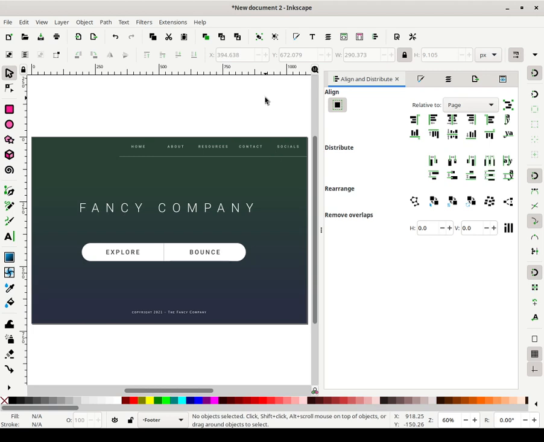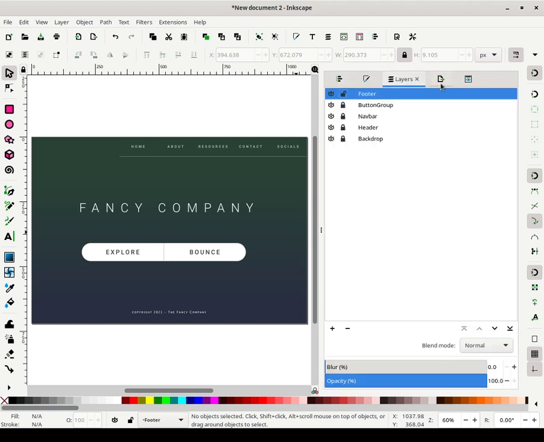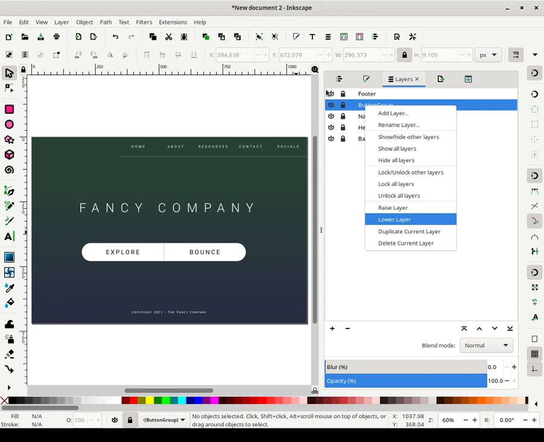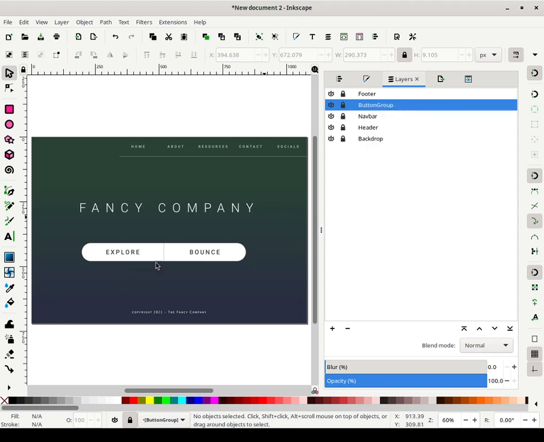Alright, so that is that for now when it comes to our website mockup. I could add some more fancy stuff to this, like showing you what buttons look like when they're clicked and all that, and basically all you need to do is duplicate button group and add your other buttons and stuff, and you could then use this if you wanted to build an interactive mockup. You could export your assets from here similarly to how you would do with any other app.